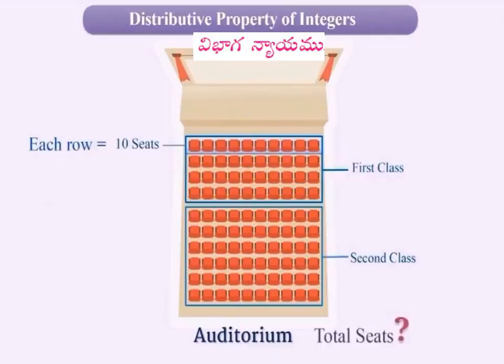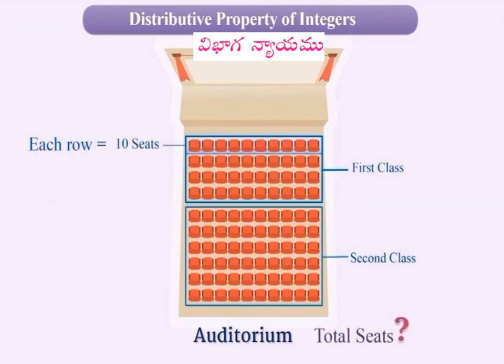Okay students, let's learn the distributive property of integers. I will explain this property with an example. Here is an auditorium. You can find the total seats in that auditorium. Let's find the total number of seats using two methods. The first method,